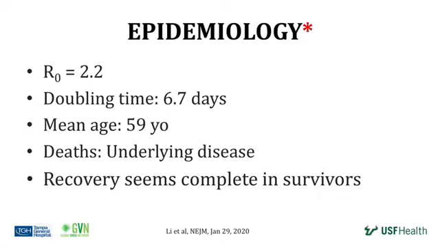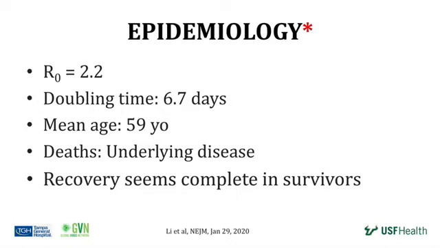So a few more things about epidemiology for the SARS coronavirus 2 is the number R naught. This number has been used a lot in the media, common articles, newspapers. So essentially what R naught means is that if one person is infected, how many more people will that one person infect? So for example, if an R naught is 1, one person will infect another one person, right? So if an R naught is 2, that one person is going to infect 2 other people. So the R naught for this